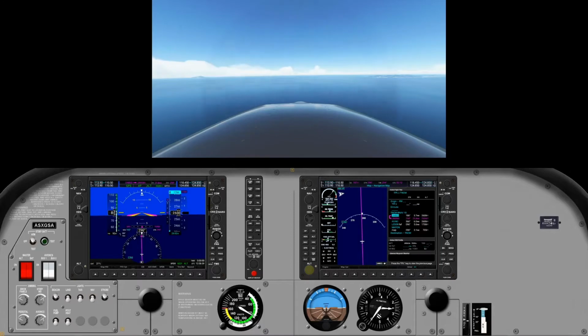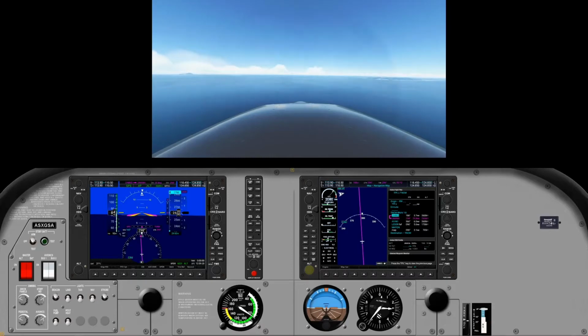I did actually forget when we took off to put the beacon and strobe on, so I've just literally put those on. But yeah, all the switches are working, the dimmers are working. I've shown the master and the avionics switches and the test function for the standby battery. Obviously the standby gauges